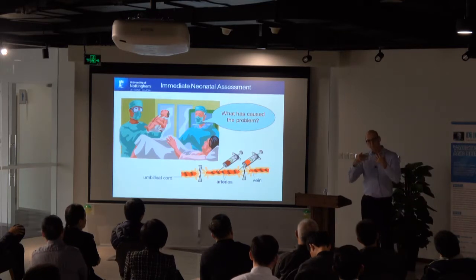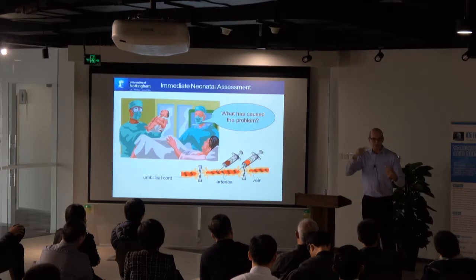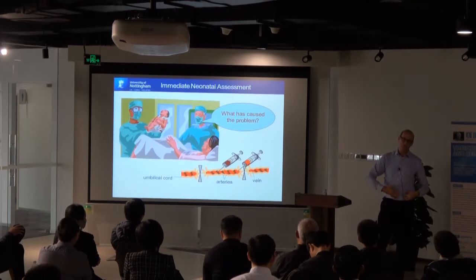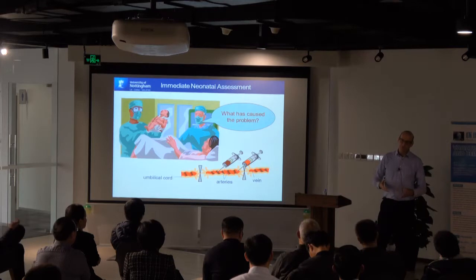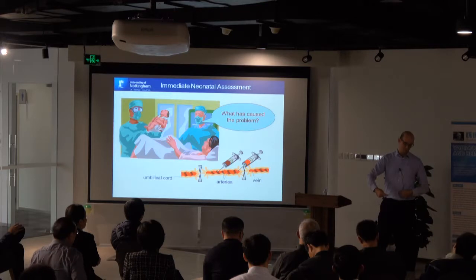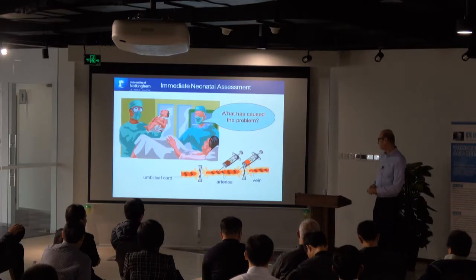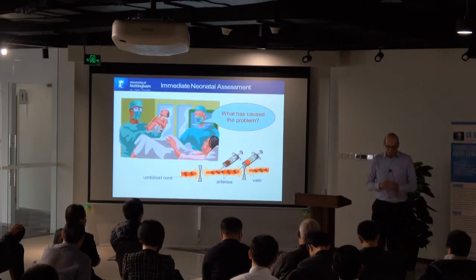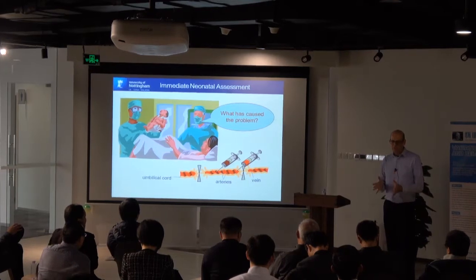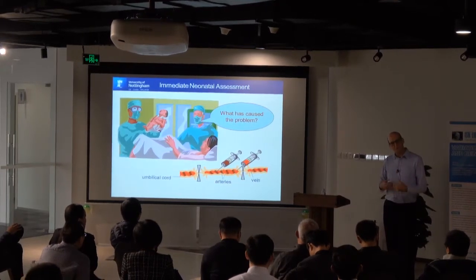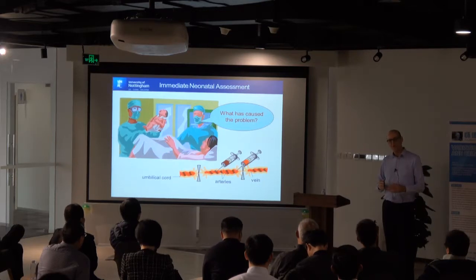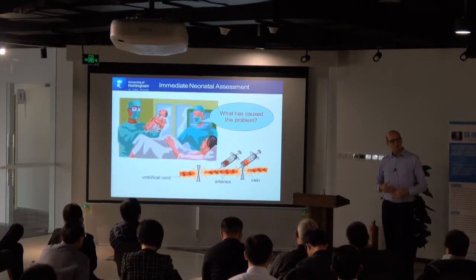What happens is the mother breathes in oxygen, the oxygenated blood flows through the mother, crosses the placenta, and flows down the umbilical cord into the baby. The baby takes in oxygenated blood, the cells are metabolizing, they create carbon dioxide, the deoxygenated blood comes out the umbilical cord, back into the mother's blood, and she breathes off the carbon dioxide. So that's the basic principle. What happens during labour, in the process of giving birth, is that oxygen starvation occurs.